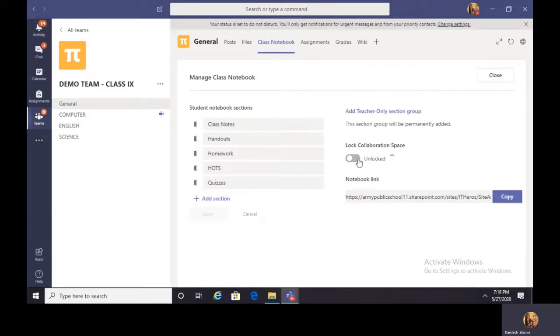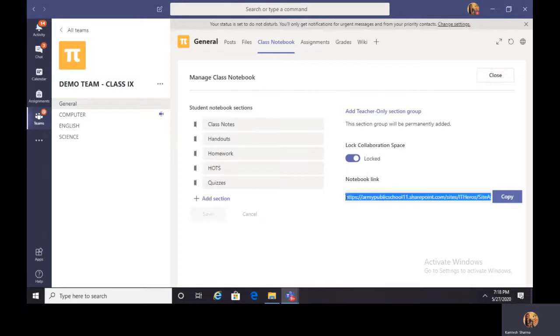I told you in the very first tutorial that you have the option of keeping the collaboration space locked. Some teachers don't like the idea of collaboration space because it becomes difficult for them to manage that particular section. So they can keep it locked, the choice is all yours. And then you can click on close.